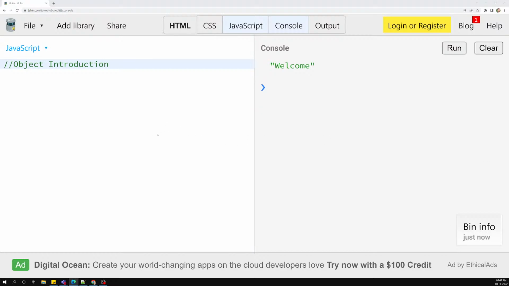So now let's try to see the this keyword. Now let's see this object, this. Let's say that